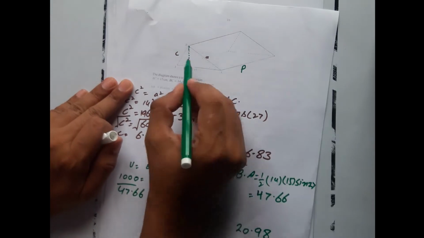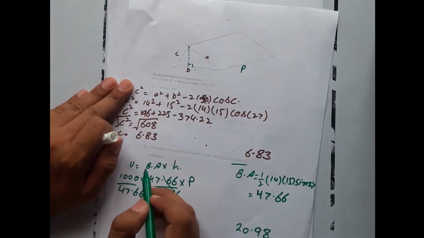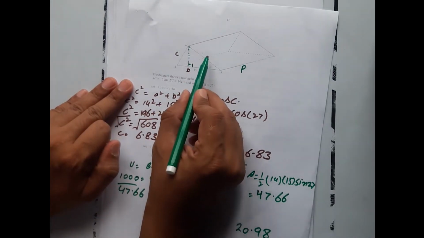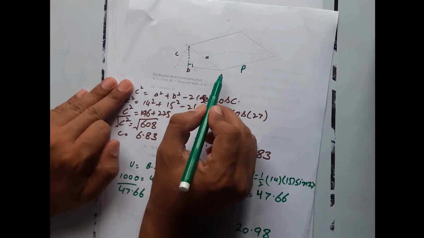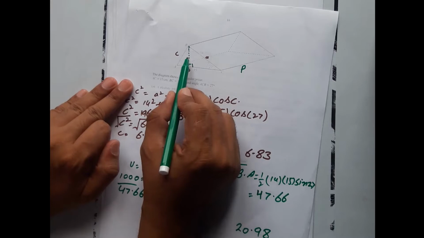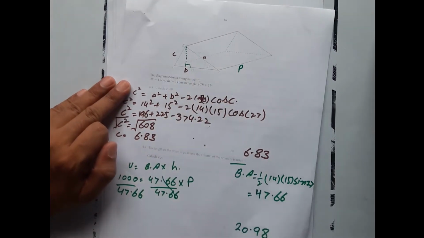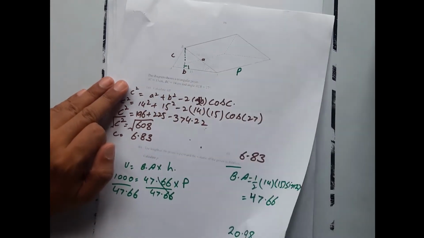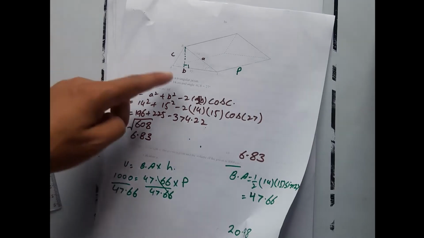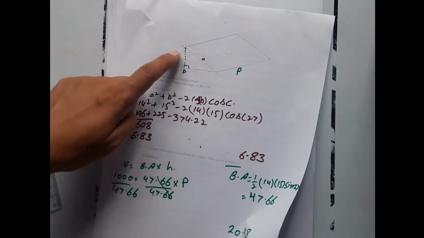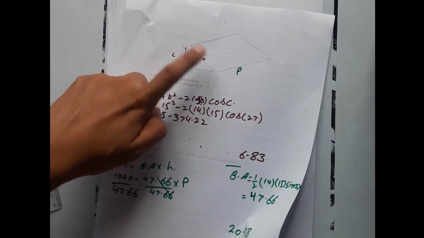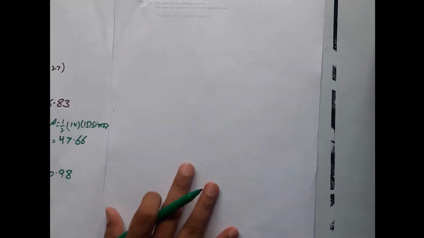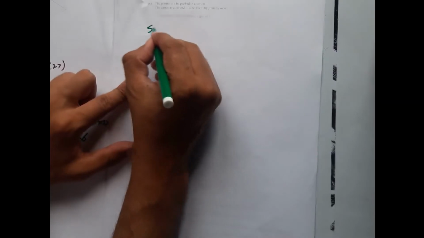So here will be your 90 degrees. So this is the angle, this is your hypotenuse. We have to find the height. Where there is the angle, this becomes the base, so this is perpendicular, this is hypotenuse. So what formula will we use? Cos theta is base over hypotenuse. We can't use that. Sin theta is perpendicular over hypotenuse, so sin theta will be used.